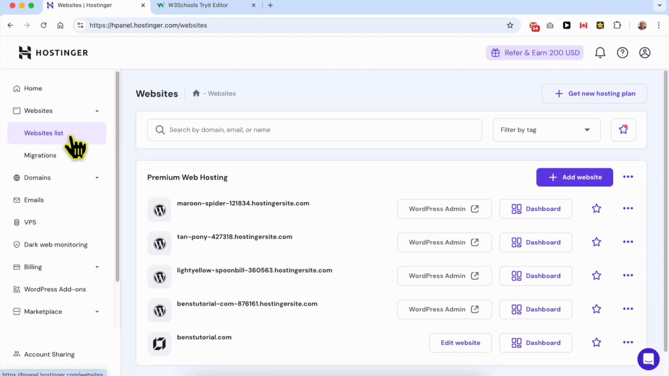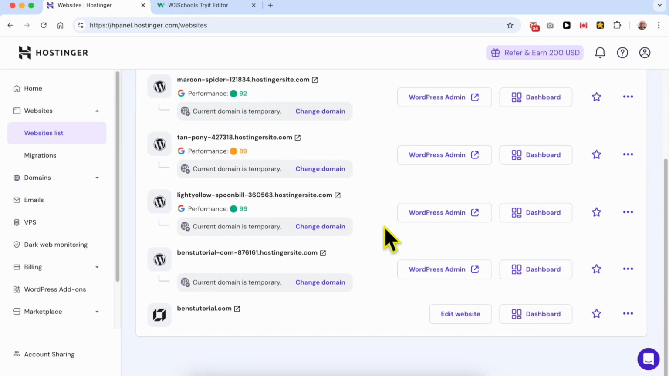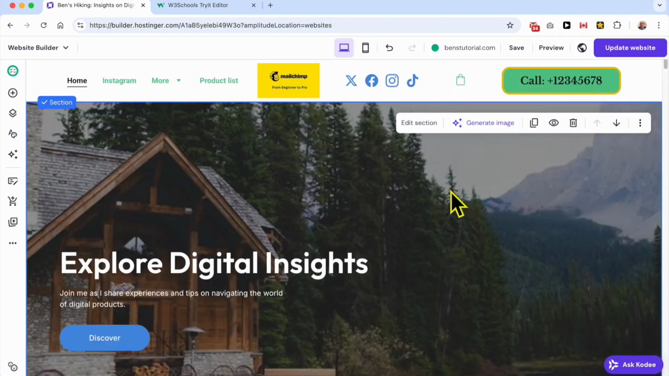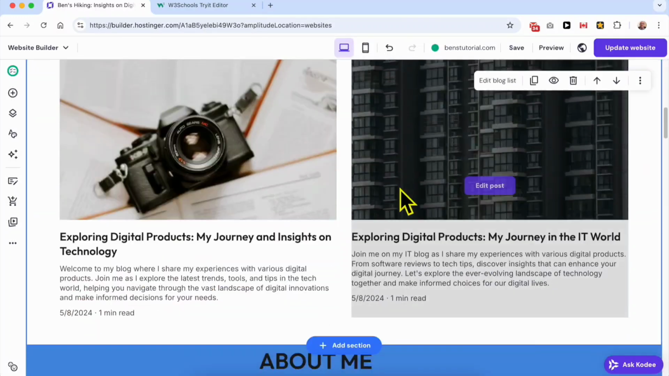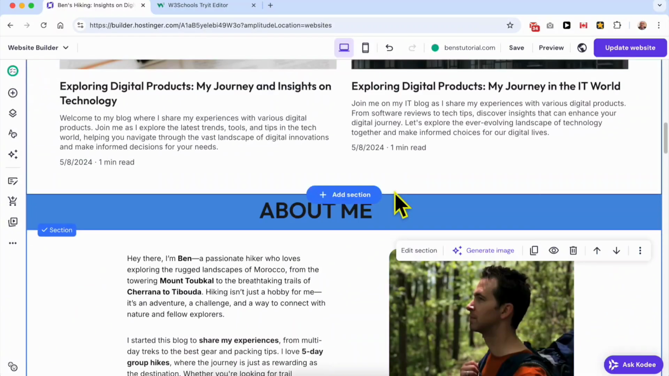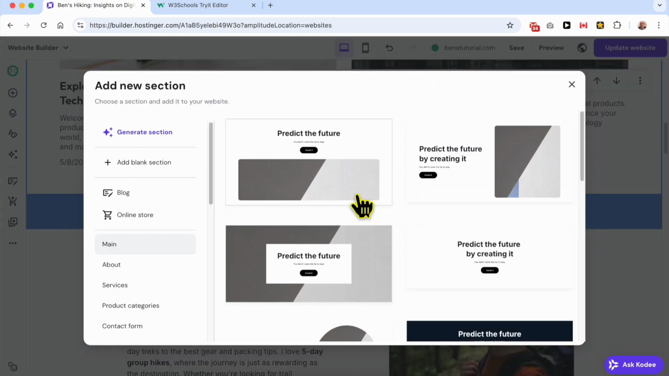Once you're signed into your account, head over into the websites list, scroll down and click on that edit website beside the website that you want to edit. Now once you're redirected into the website, go ahead and scroll down to the section where you want to add that and click on that add section button above that specific section where you want to add that and select